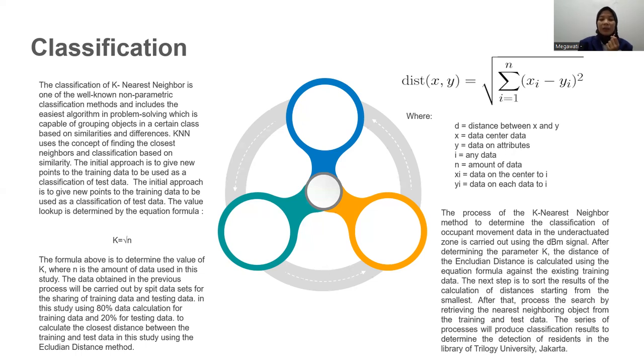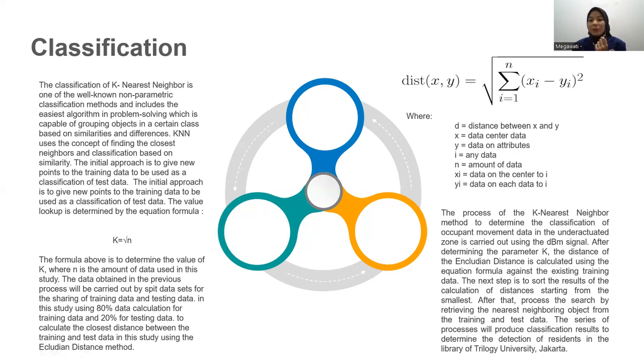Data calculate and closer the distance between of the training test data in the study using the Euclidean distance method. It is about Euclidean distance method and the process of